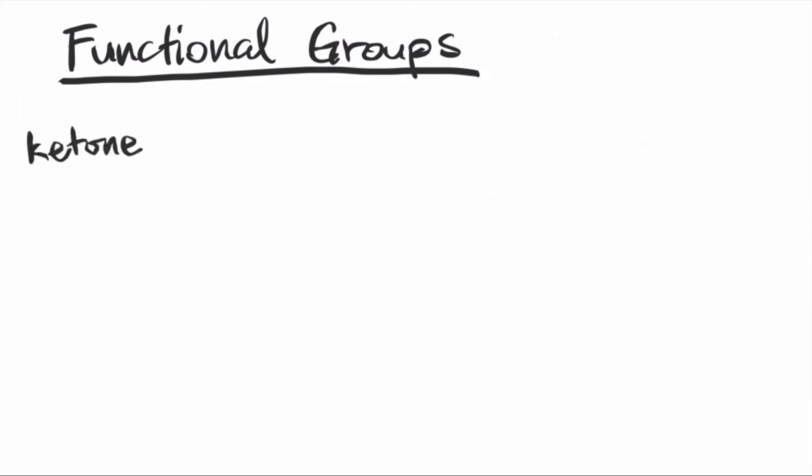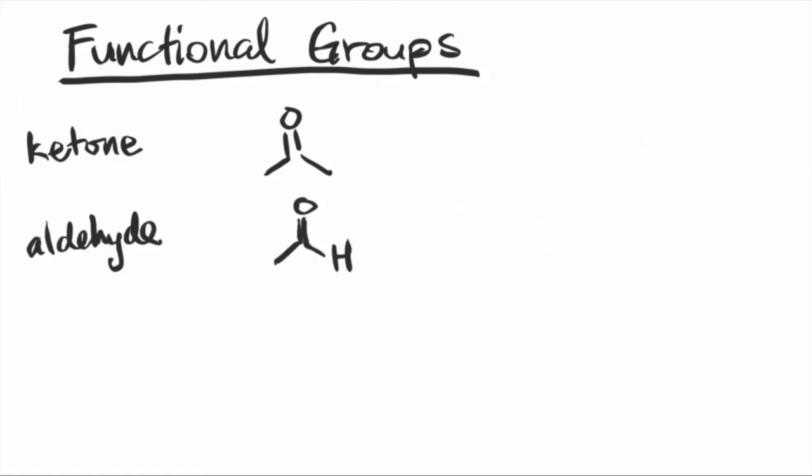This next group of functional groups contain a carbon-oxygen double bond. This is a special type of bond called the carbonyl. We will see this carbonyl motif over and over again in the following functional groups. The first one is known as a ketone, in which there is a carbon-oxygen double bond, and on that carbon, you have more carbons connected to it. And if you change that carbon out to be a hydrogen, you have a different functional group called the aldehyde. And if you take away that hydrogen and put in instead an OH group, a hydroxyl group, it would be known as a carboxylic acid.